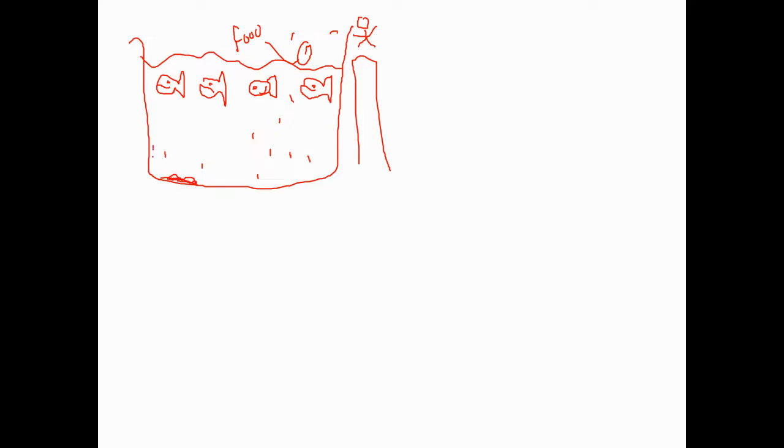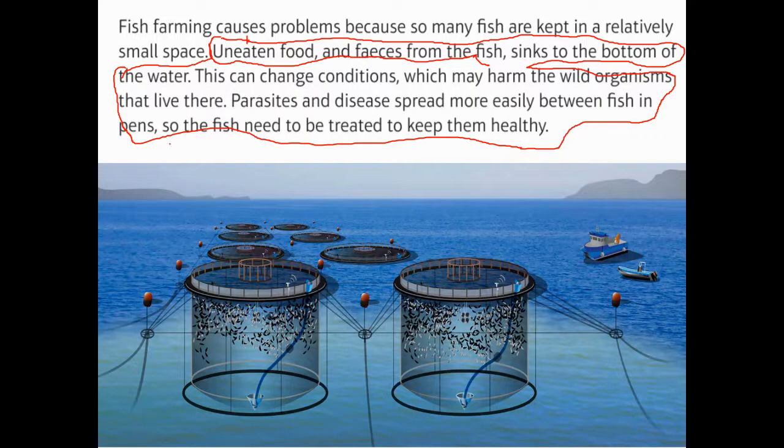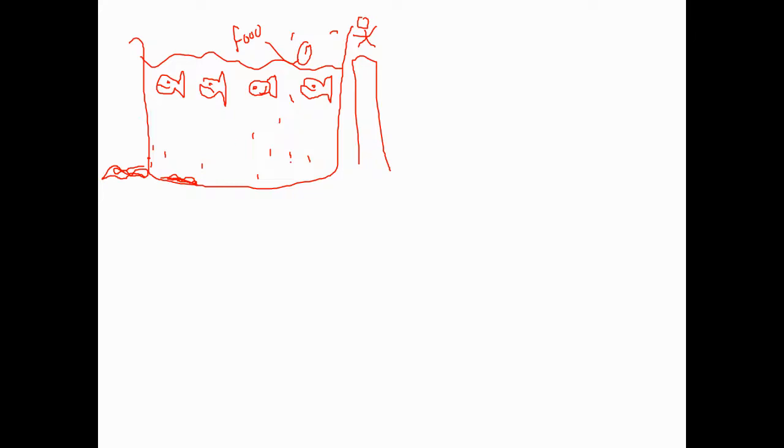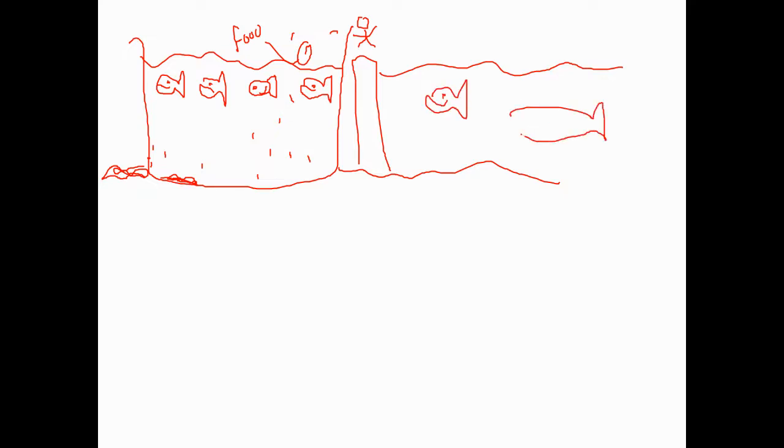Uneaten food starts to stay down here. Sometimes the uneaten food can even get outside the ecosystem, because I don't know if you noticed, it's like a net. There are tiny little holes on this net, so certain uneaten food could possibly get out. Now the problem is there is a whole ecosystem on the outside, isn't there? There's loads of other fish, all sorts of herbivores and carnivores, etc. Hopefully you're thinking, well, what's the problem with uneaten food? You're probably thinking, great, they can eat it.